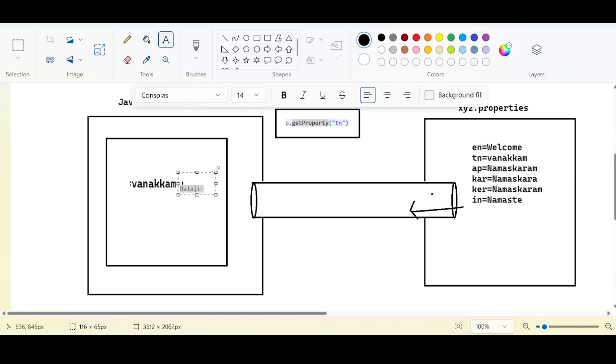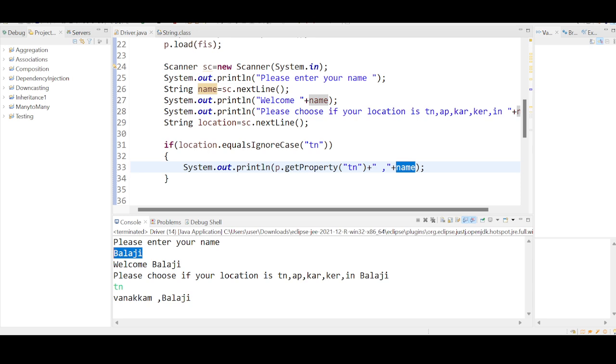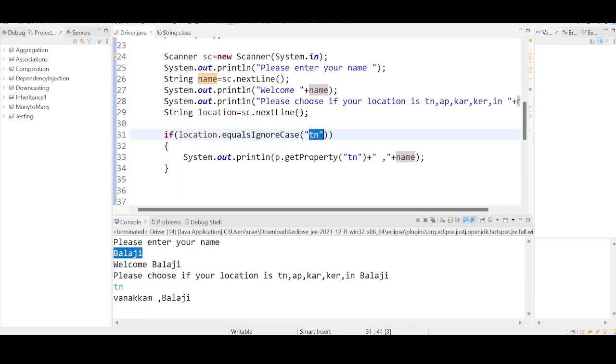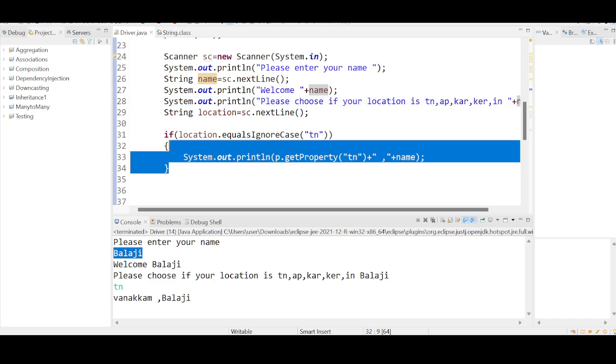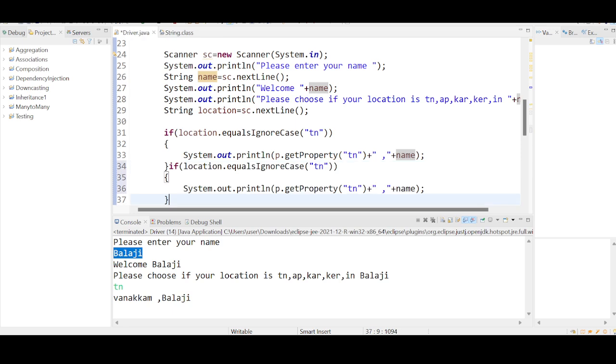I will give you more examples. So this is what is happening behind the scenes: Vanakkam Balaji. I want to do the same thing based upon the location. I need to display the welcome message. So how can I optimize this code? We have used only one key, and we have 5 more keys left here. So let me copy this. I'm using an if condition followed by else if. Instead of TN, if the person is choosing AP,